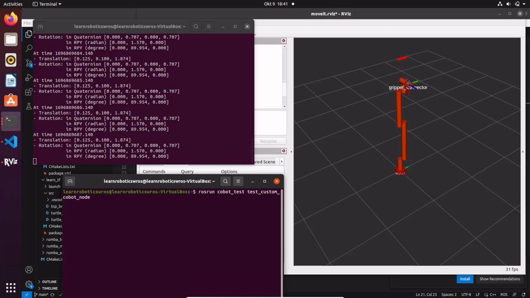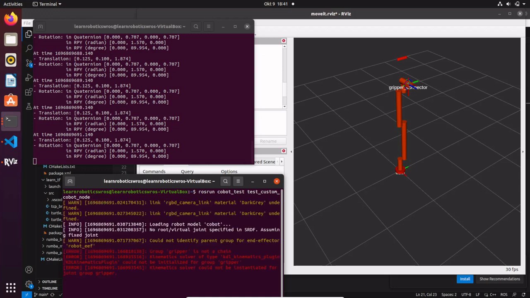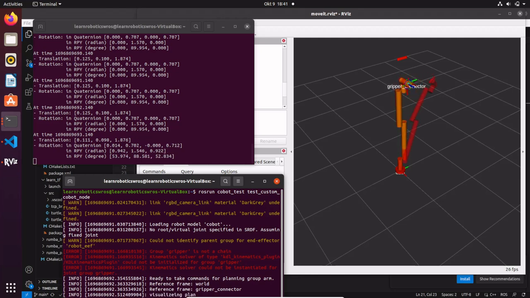So run this code, and meanwhile we are echoing, let's say, the broadcaster from the world to the TCP, and you can see live that the translation and rotation in quaternions, that is the dimension that we are interested in, is changing